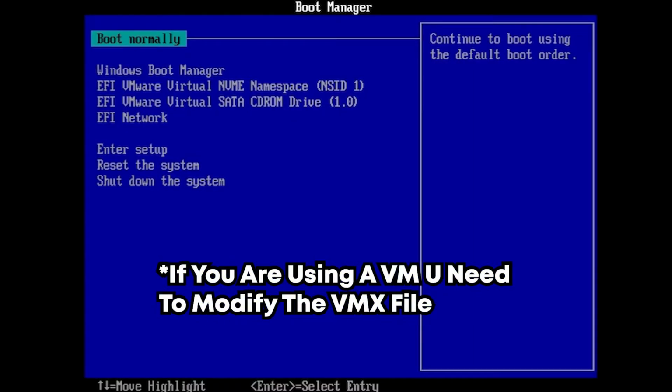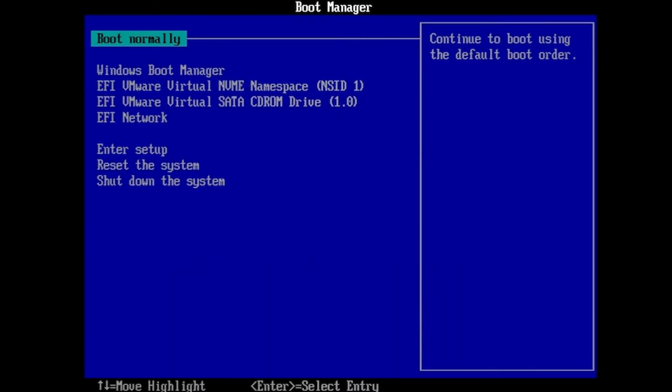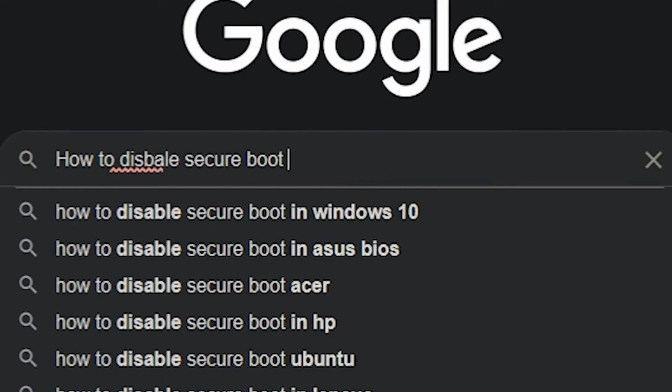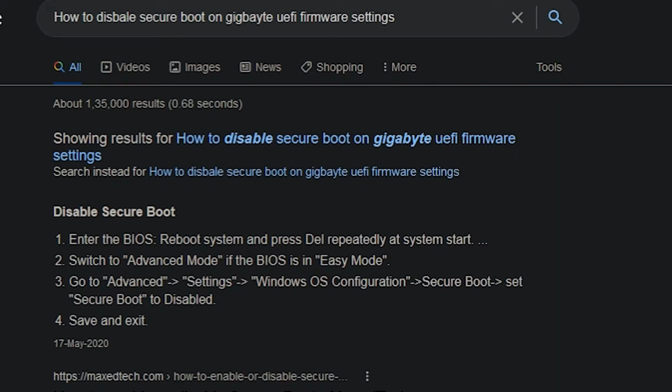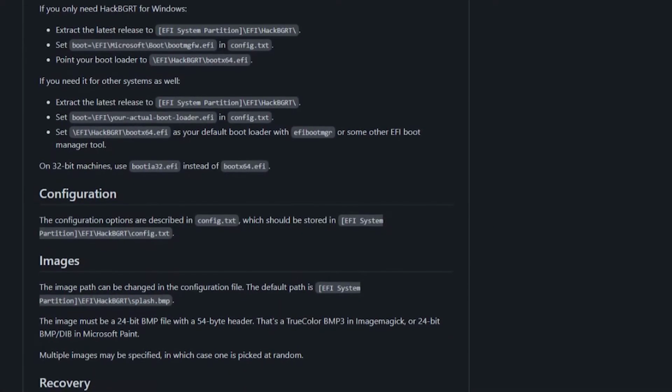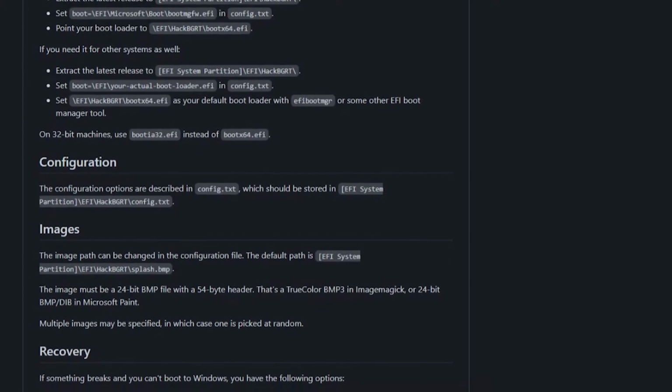Now you're going to be presented with your UEFI firmware settings. Each motherboard is going to have different menus and design layouts, so let's be common here. In most firmware settings, just by the Security tab, uncheck or disable Secure Boot. And if the steps that I'm saying don't match with your computer's UEFI firmware settings, search up a tutorial on how to disable Secure Boot on that particular motherboard manufacturer's UEFI firmware settings. Now, hoping that you have the requirements, let's move on to the next step.